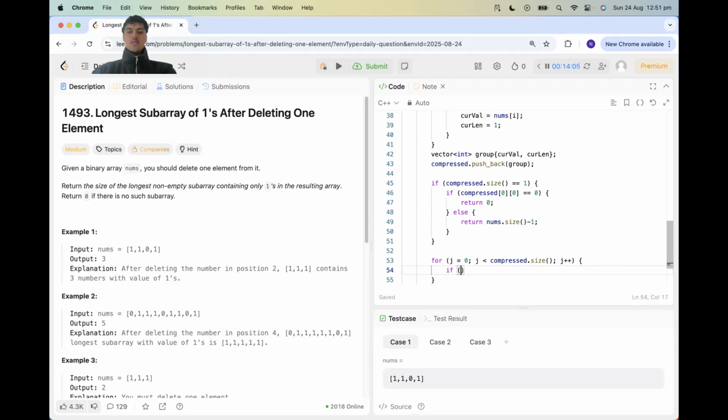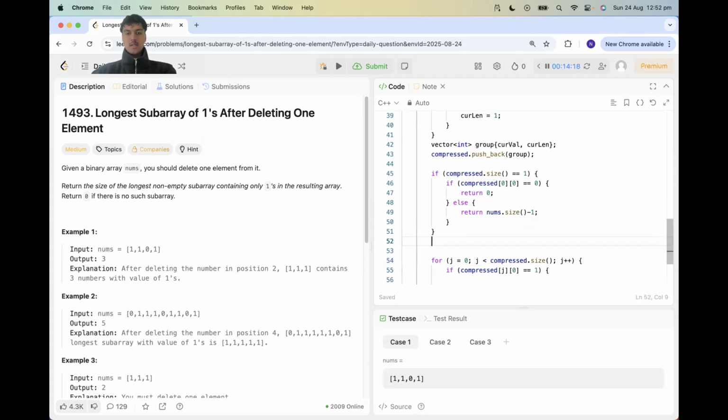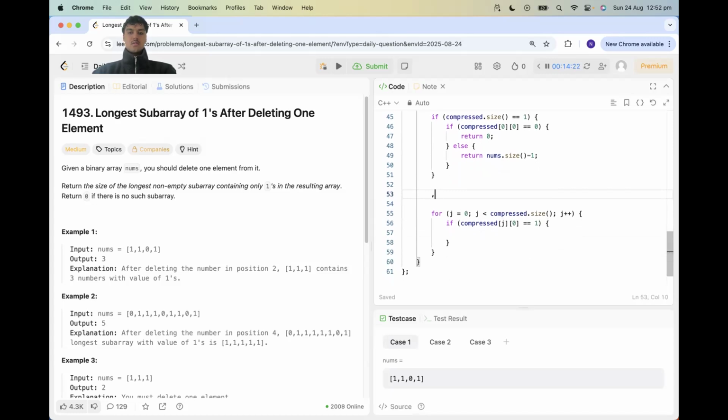If it equals 1. Oh, and we should have initialized a max as well. Initialize it to 0. And that's max line and J, else